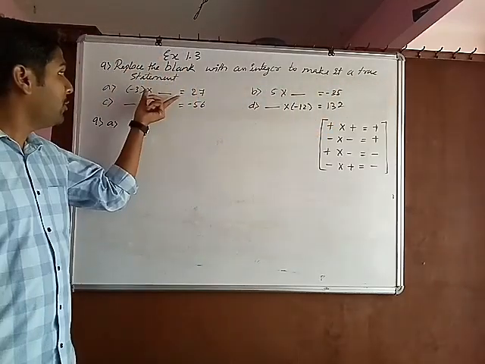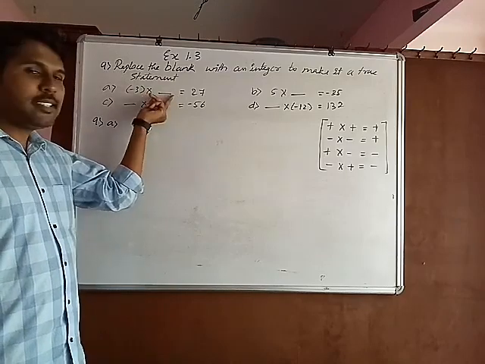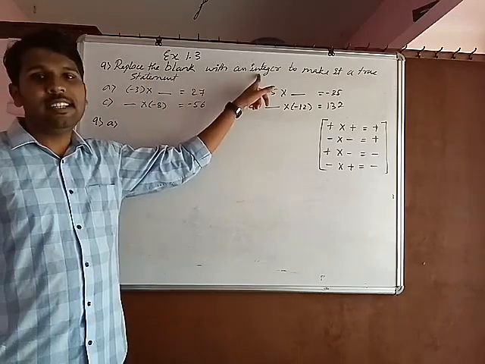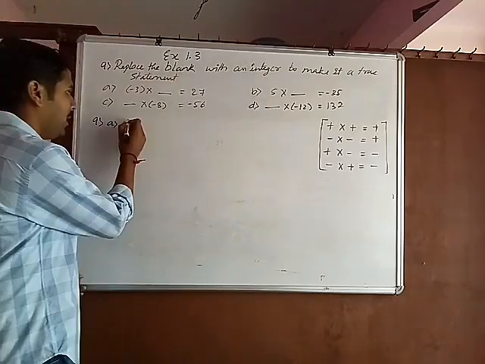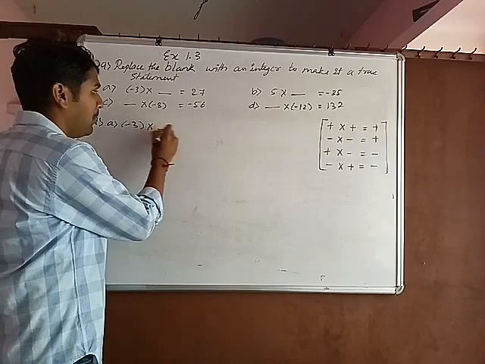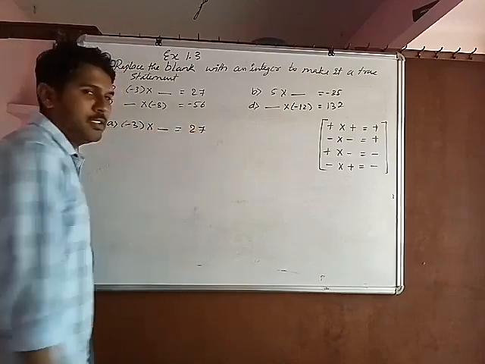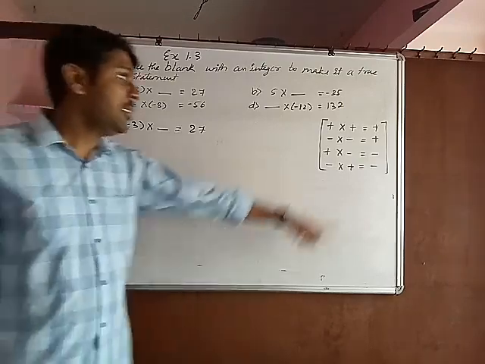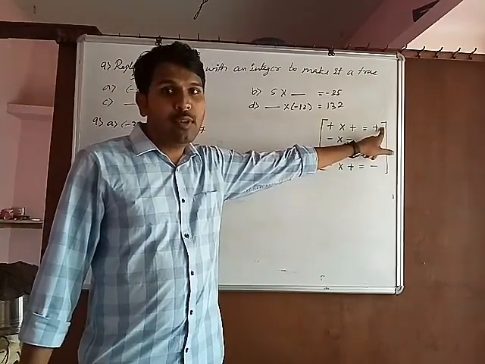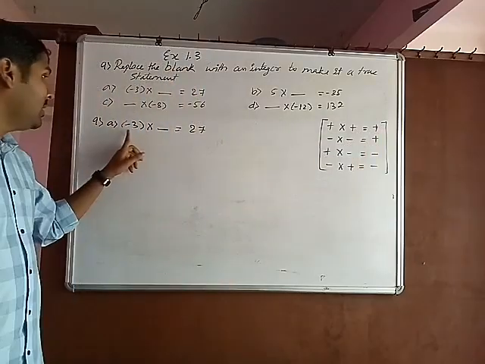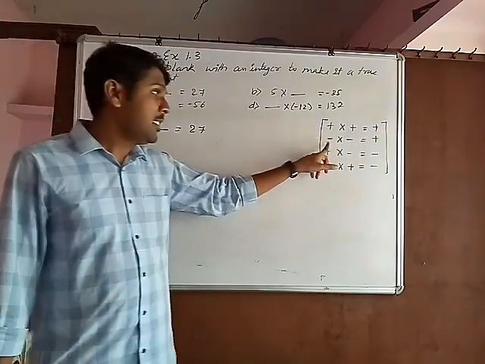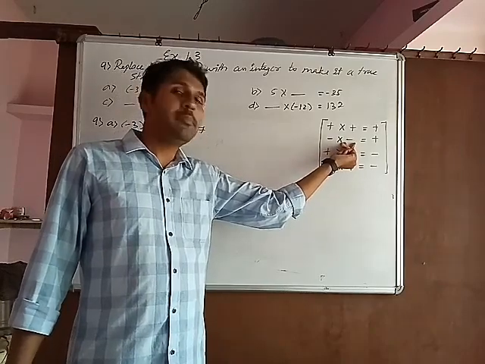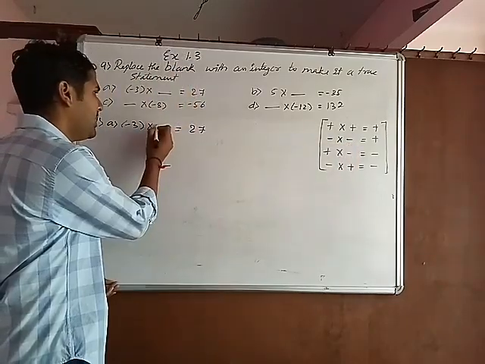statement. So they already given one statement. Here blank is there, no? You have to fill the blank with an integer, no? So what is that first one? Minus 3 into blank equals 27. So first observe the sign here. In the result, what is the sign? Plus 27. So plus. In that, first one is minus. That means unknown integer sign must be minus, no?